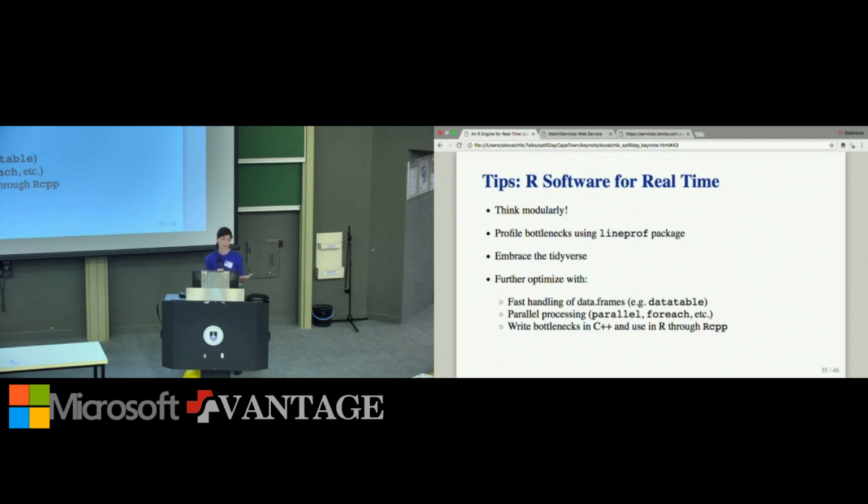Rcpp is probably the best example of being able to have an interface directly with another language and benefit from the strengths of those third-party languages. That would be another key thing that in our own experience has been important when we're at that optimization phase.